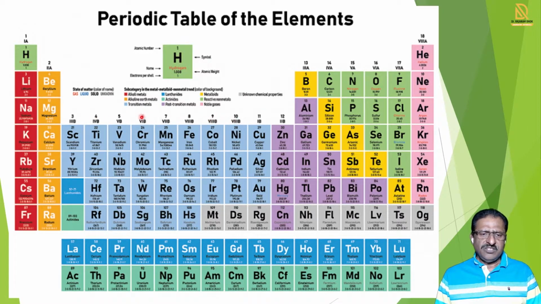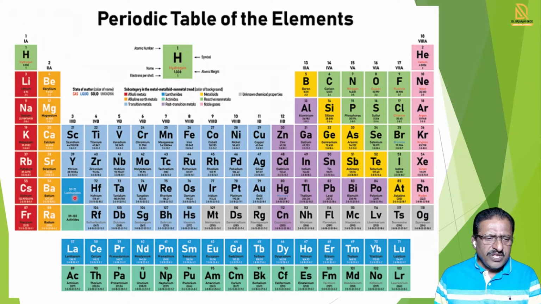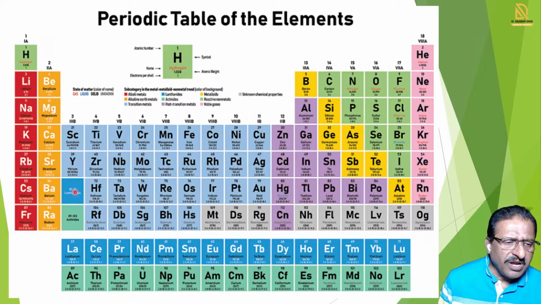And at the center these are the transition series, that is called the main transition series or D block element. And here you see the periods 1, 2, 3, 4, 5, 6 and 7. Seven periods are present. So in the sixth period, after barium, when the S block is completed, then electrons are filled in the D block, atomic number 55.